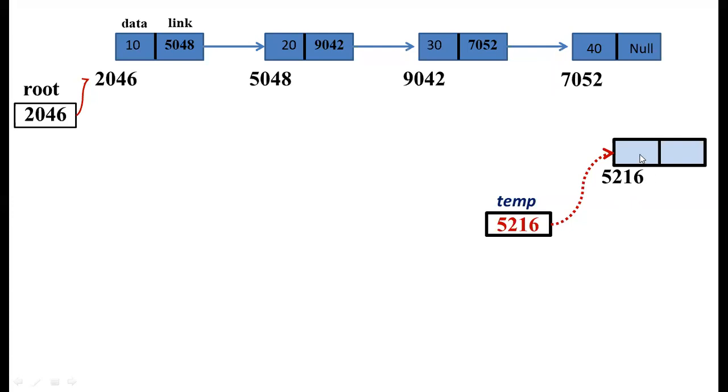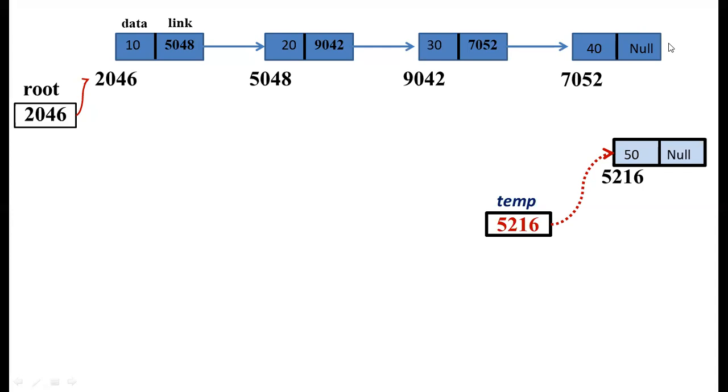Next we need to read the element using printf and scanf. Already in our previous slides, we have seen how to read the elements. So we are reading the elements: temp to data, say value 50, and temp to link value as null. So reading is over. Now we have to deal with the connection part. How to connect the element at the end of the linked list? We know that this is the end of the linked list. Now we need to connect this link. So how do we do it?